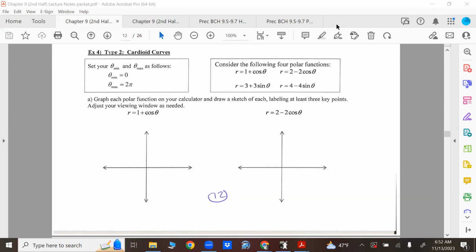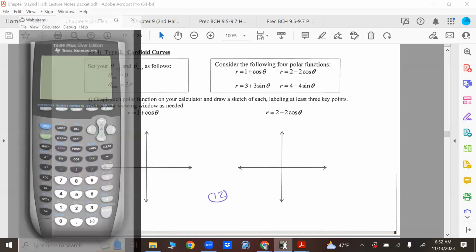We're going to consider the following four polar functions: r equals 1 plus cos theta, r equals 2 minus 2 cos theta, r equals 3 plus 3 sine theta, and r equals 4 minus 4 sine theta. If you graph these in your calculator and do a sketch, labeling three key points, let's do the first one, r equals